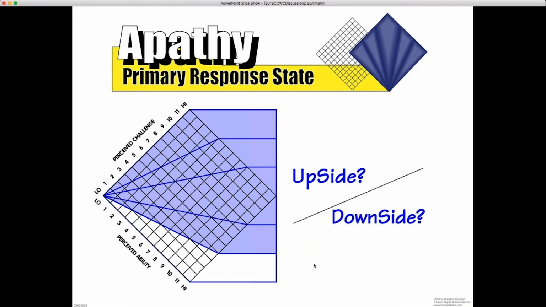Yeah, I mean, again, each of these levels of tension really has an upside and a downside. So apathy, I think, has a negative connotation. If you look in the Greek, it means without concern. So I make sure people know that.